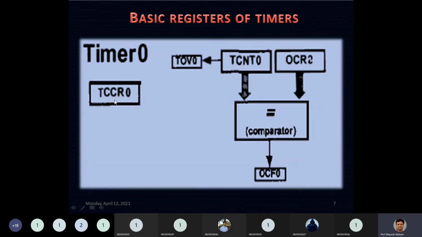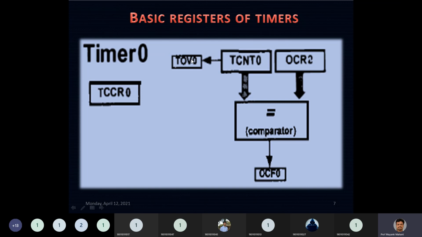The naming is done such that if it is associated with timer 0, it would be called TCCR0. If it is associated with timer 1, it would be called TCCR1. That is the only difference. In the same way, TOV0, TOV1, TOV2, and OCF0, 1, 2, TCNT0, and TCNT1A, TCNT1B would be used for the 16-bit timer. We will be discussing it later on. In the same way we have an OCR register. This TCCR register is used for controlling how you are going to use your timer. We'll be discussing each bit of your TCCR register in detail.